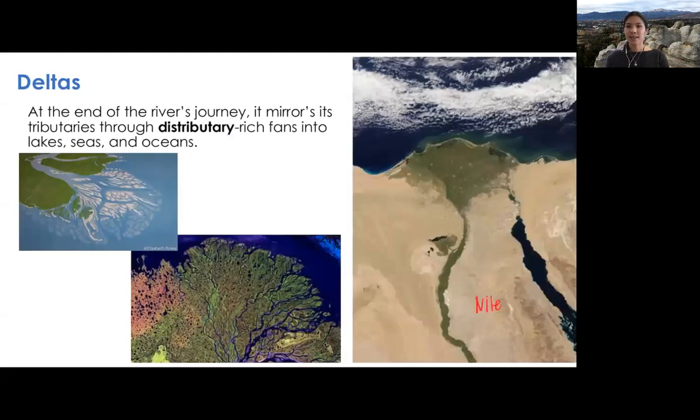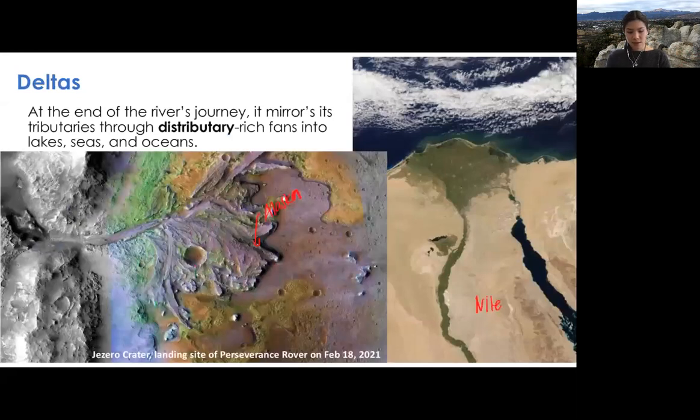The one on the right is the Nile River, and you can see immediately from satellite photos exactly how valuable this river was for agriculture and for just creating an environment where civilization could blossom and flourish. And we have other deltas, this one from Alaska, and I don't remember where the one on the right is. And then we also see deltas